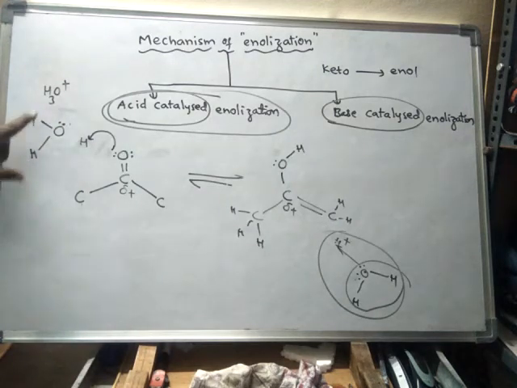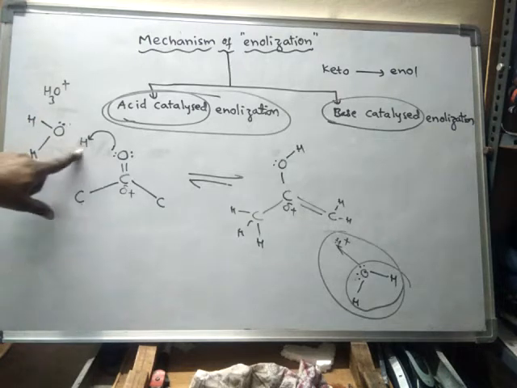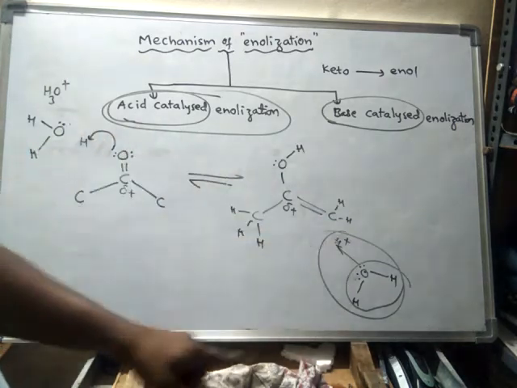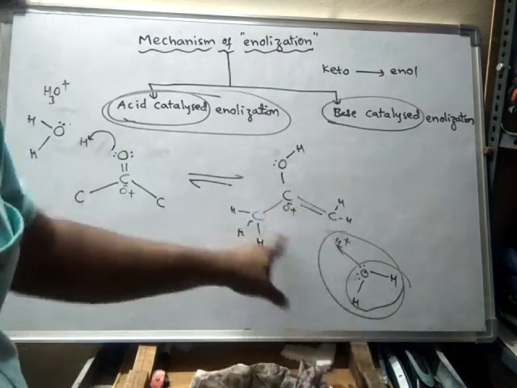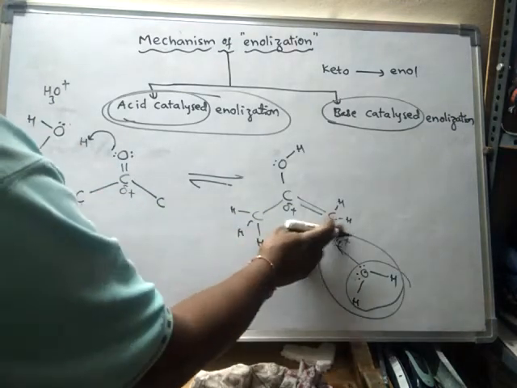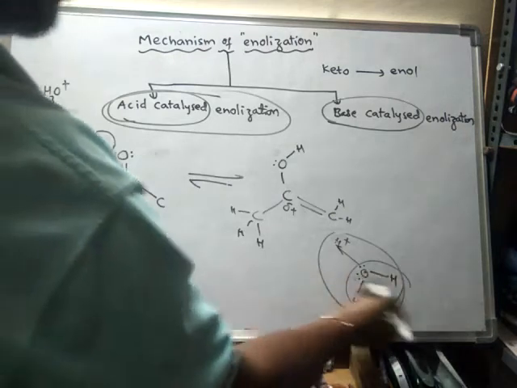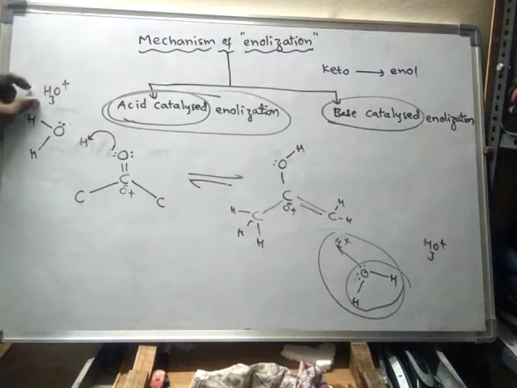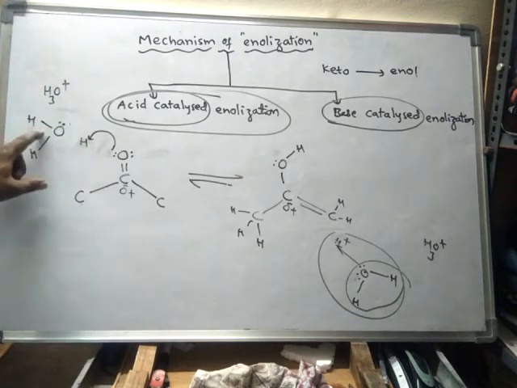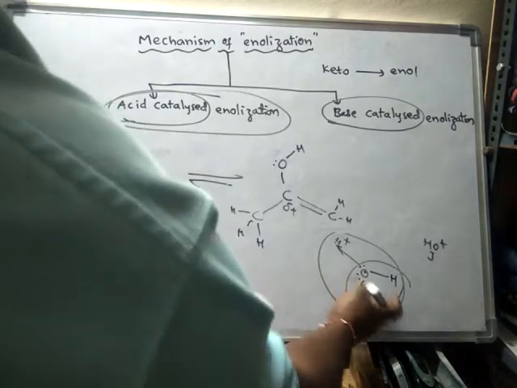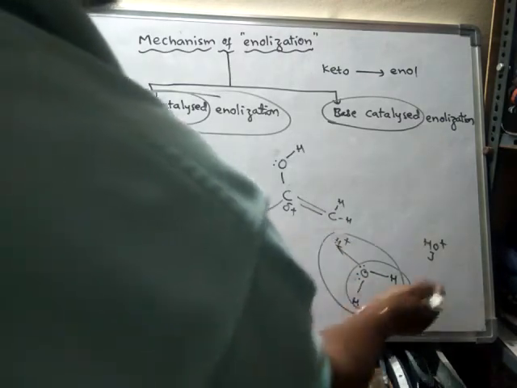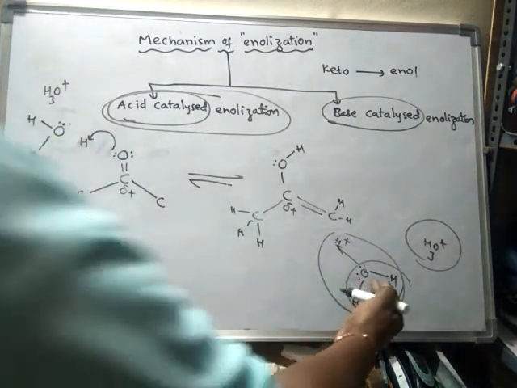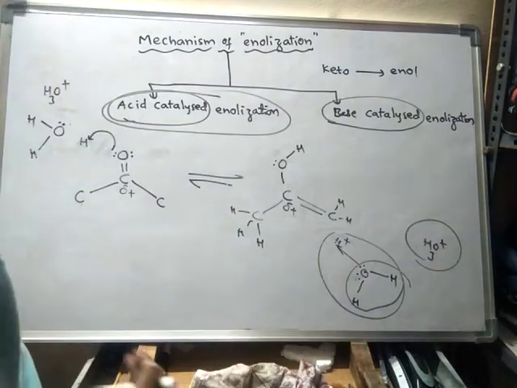Initially H3O plus was there, so it has lost its hydrogen to this molecule. Finally it is converted into this one. Now at the end, again a water molecule will take a hydrogen from this molecule, from the alpha carbon, and finally it will come out in the form of H3O plus. That means initially H3O plus reacted with this molecule and was converted into water, and finally the water will take H plus from this molecule and convert into H3O plus. So H3O plus has entered, and finally H3O plus has left the system during this process.